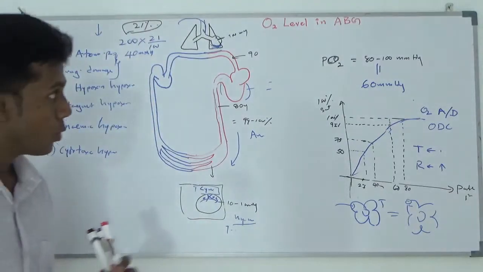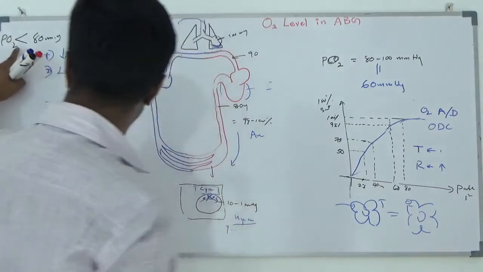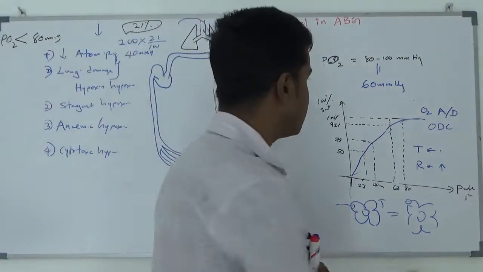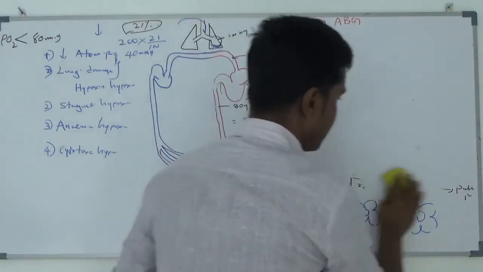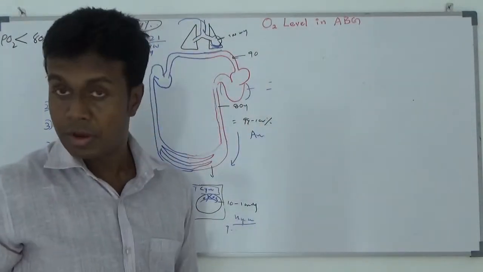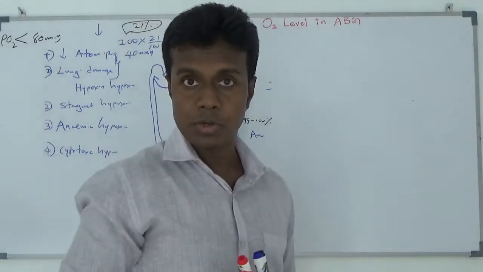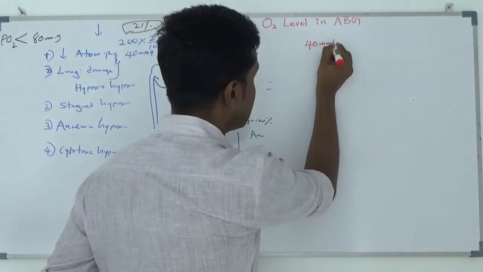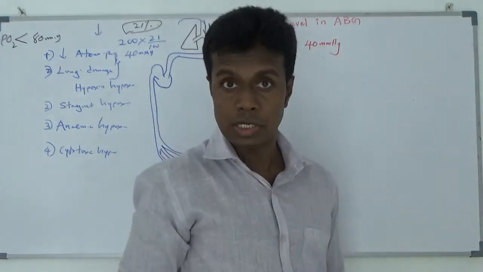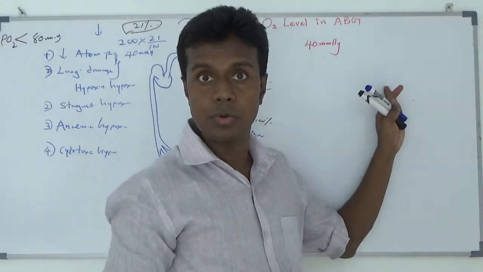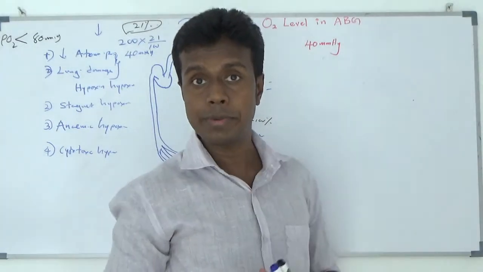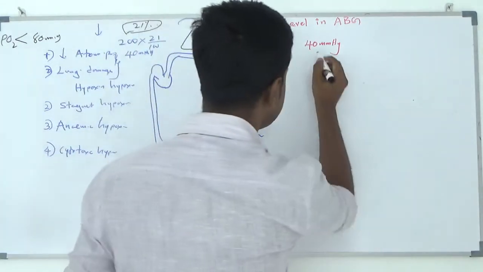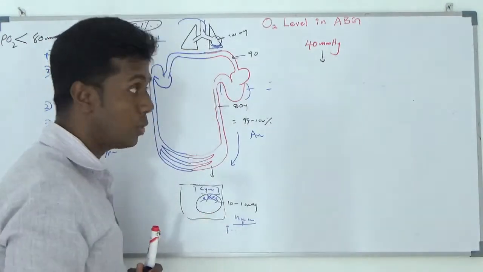So now, my patient is found to have a partial pressure less than 80, so I am going to give oxygen to my patient. Say I found the partial pressure of oxygen in the arterial blood to be roughly 40 mm mercury. It is dangerously low. Actually, this should be the venous value. But now the patient has a 40 millimeter of mercury arterial pressure. What I am going to do is give oxygen.